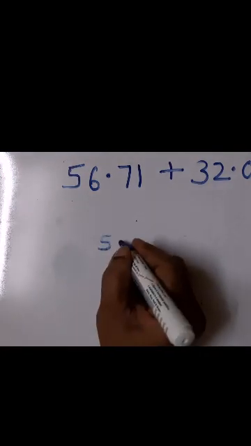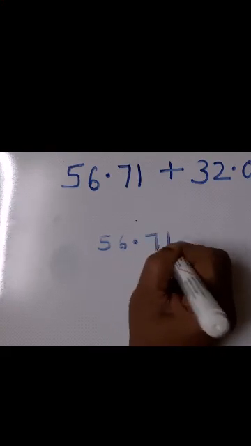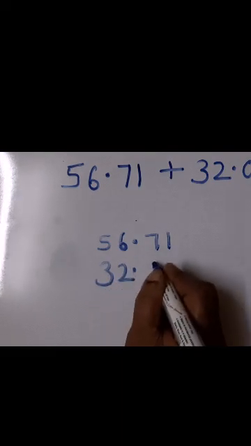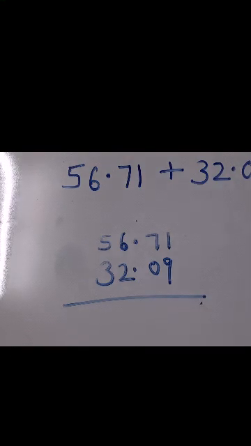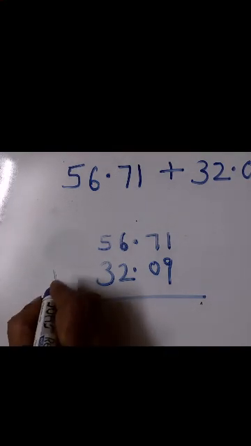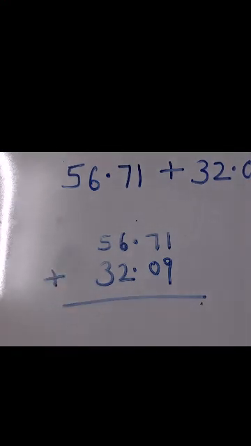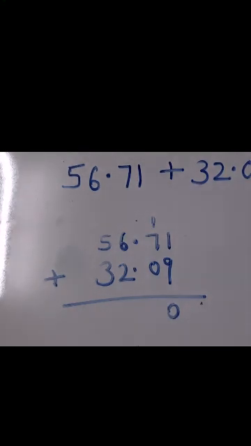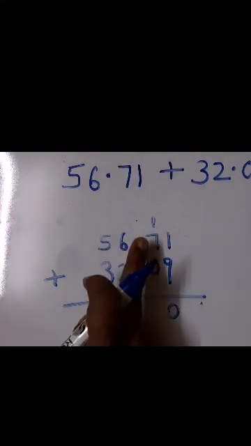So 56.71 and then 32.09. Yes. Now children, don't get confused. The addition is the same way as we do it for whole numbers. Okay. 9 plus 1 is 10. So now I cannot write here 10 as we do in the whole numbers. So just put a 0 here and put 1 here. You'll add your 0 and 1 goes to the number at the left. Now 7 plus 1 is